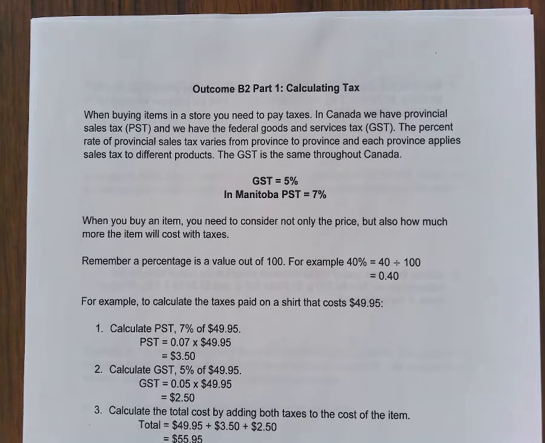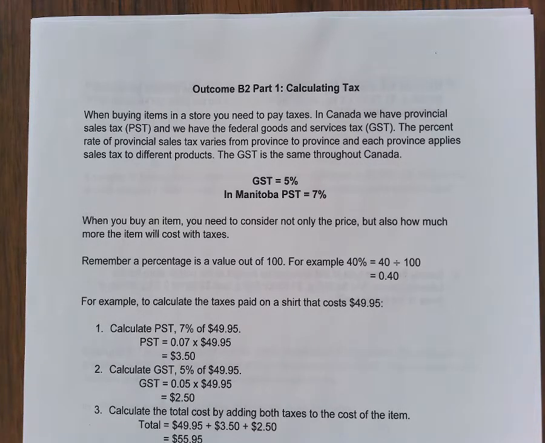And we also have a federal goods and services tax, GST. That money goes back to the government of Canada. The percentage of provincial sales tax varies from province to province, but the GST is the same throughout Canada. So currently in Canada, the GST is 5%, and in Manitoba, PST is 7%. When you buy an item, you have to consider this because it can actually add a lot to the cost